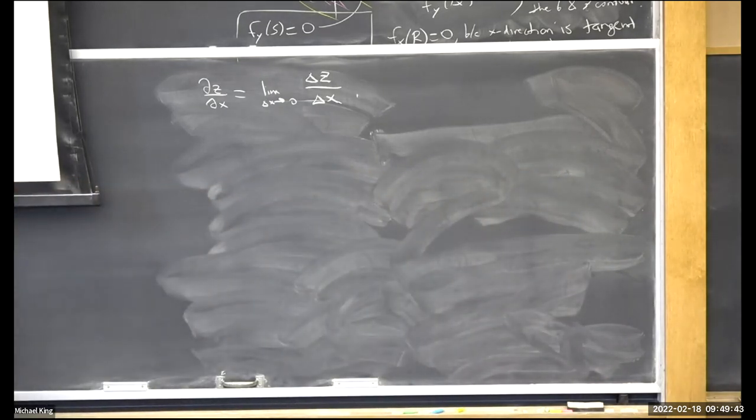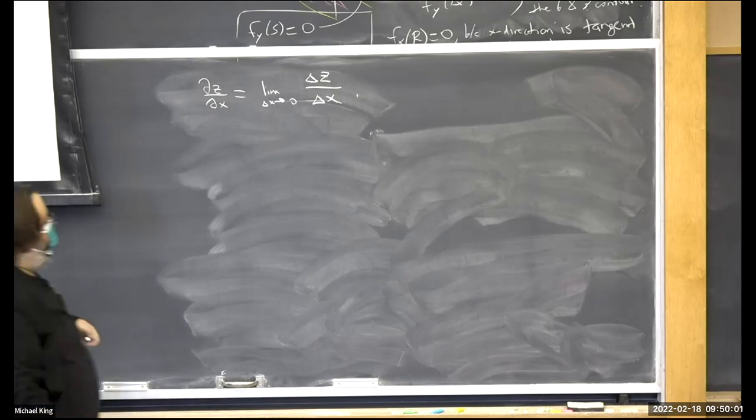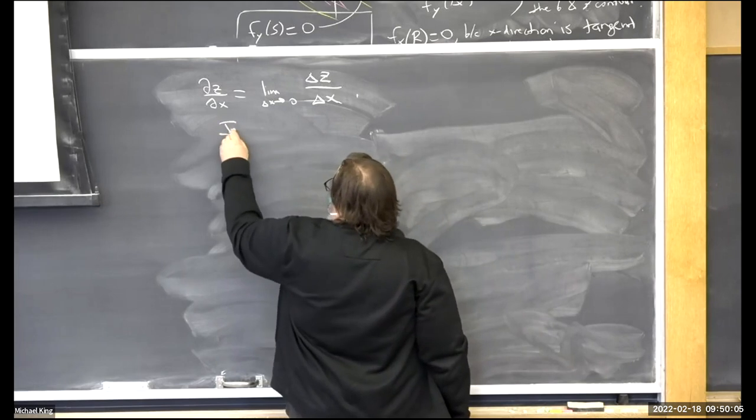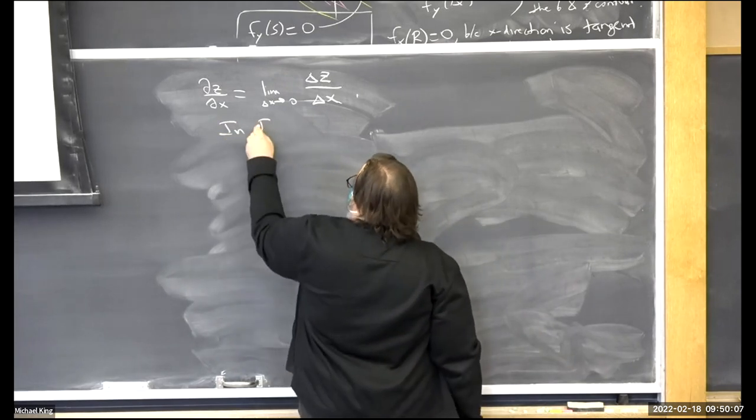You started here and went over to here. Or you could go from here to here, and you know this height is 14. So the change in z is 4, and the change in x is 2. So in this figure 14.8,